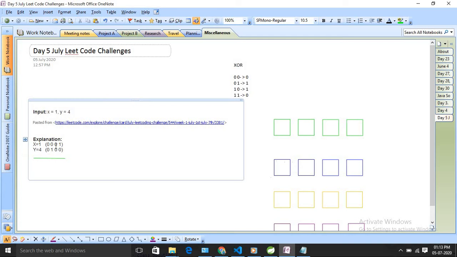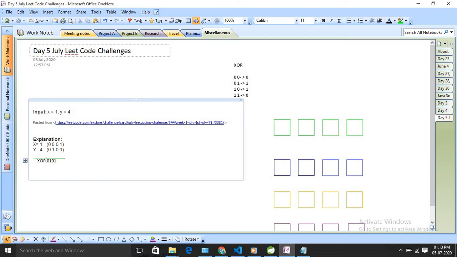If you do the XOR operation, right? What XOR operation says is, if both bits are 0 0, then it will return 0. So basically in XOR, if two bits are same, then it will return 0. If two bits are different, then it will return 1. Exactly the same thing we need here also, right? So this is my first number, this is my second number, and if we do the XOR operation, we will get the number, right? So let me write the XOR result here, and I will get 0101, right? So this will be my value after doing the XOR operation.